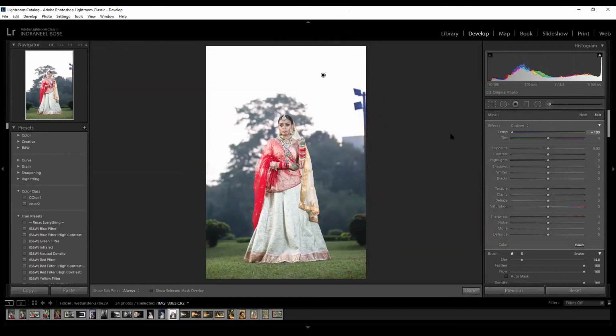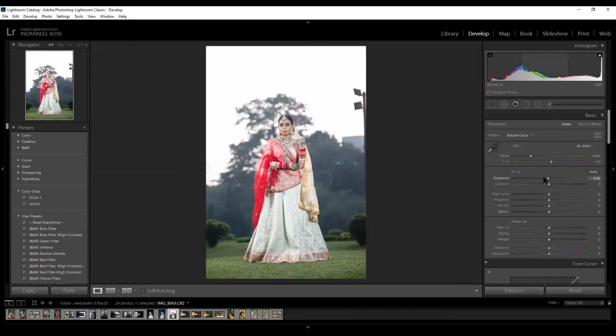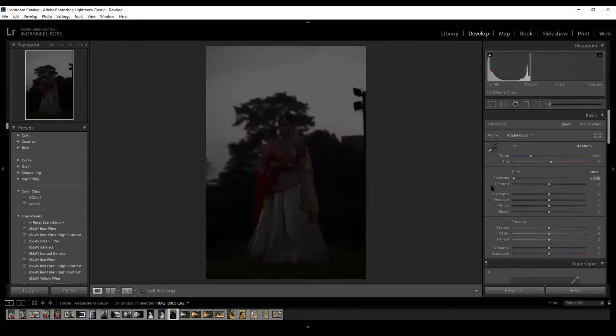Can you see it? Yes. Now if you go a little darker, it's already very messed up because it doesn't have any details to recover from. Sir, it is because of the lost details. See, taking a raw picture also, it has a loss of details because there is no detail present there. It's a blown out image. If I darken it, it's not bringing out any details. Can you understand? Yes.